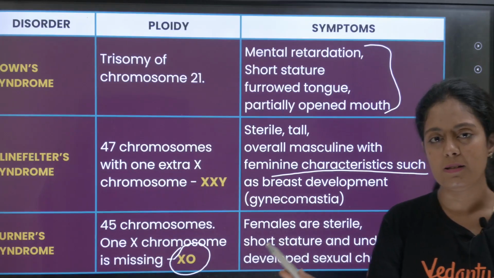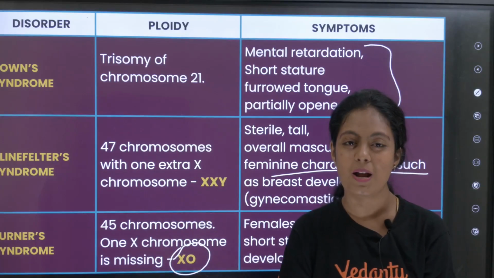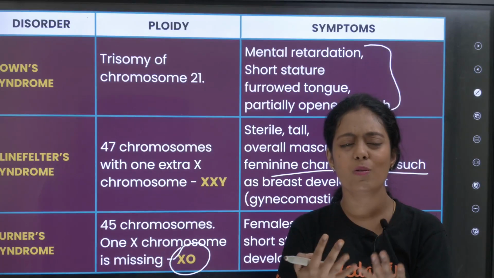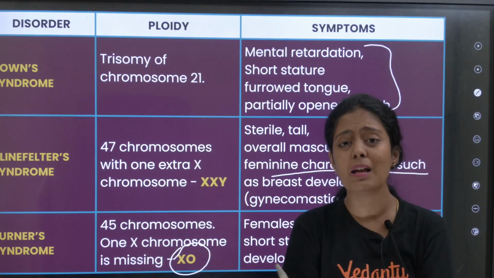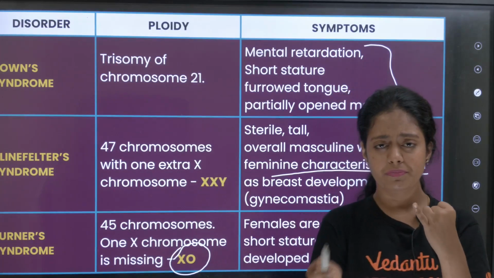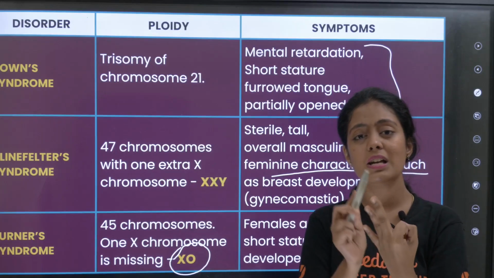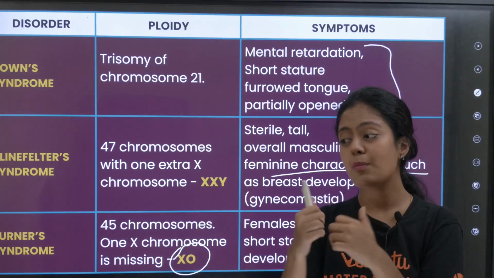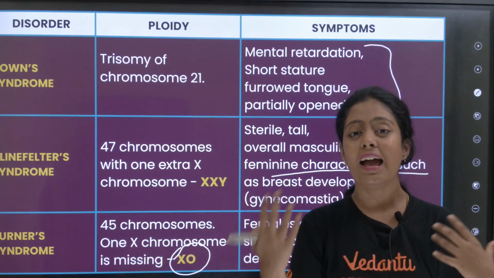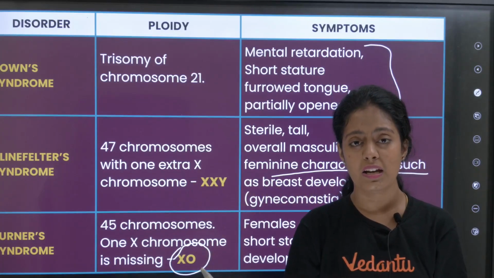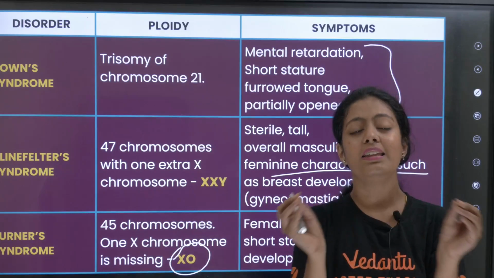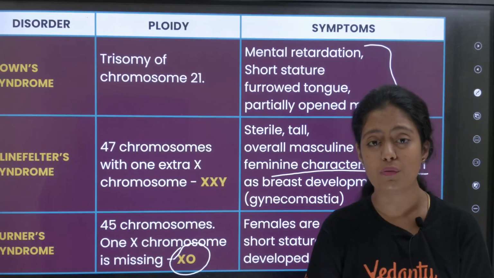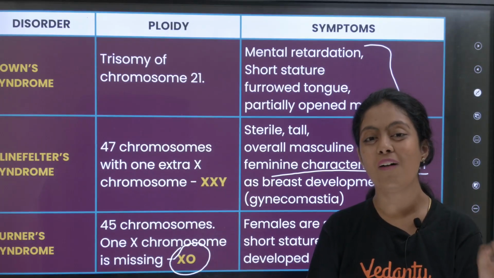Okay, very easy. By this we come to an end of a very long chapter, that is your principles of inheritance and variation. Okay, so which are the important questions that can come from this? Everything I have taught is important today. Okay, we started with hemophilia, color blindness, sickle cell anemia, thalassemia, then we also did phenylketonuria, then chromosomal disorders: what is polyploidy, what is aneuploidy, what is monosomy, what is trisomy, what are the examples, what is the karyotype. Those are the most important questions from the topics I taught today, children.